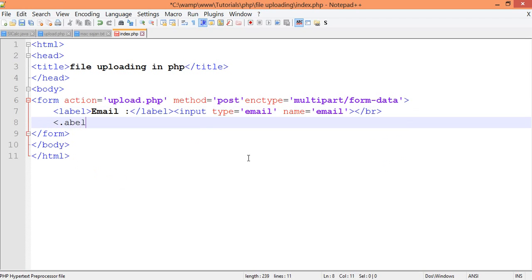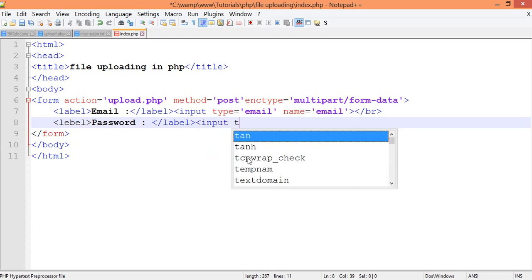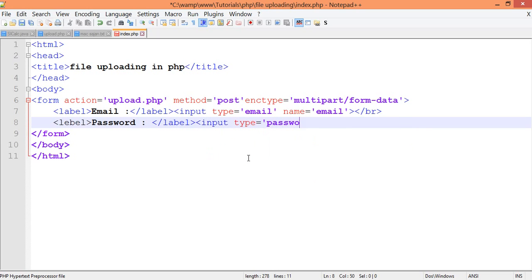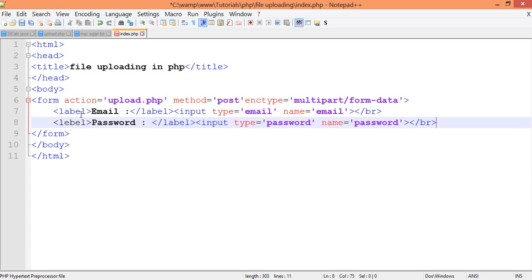After that, another label, password, label, input type equals password, name equals password. I am assuming that you already know some of the basics of form handling, so I am not discussing these things in detail. Break. I have got the spelling wrong here, and then